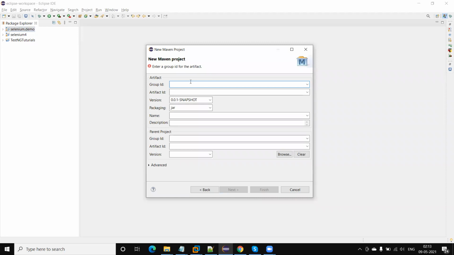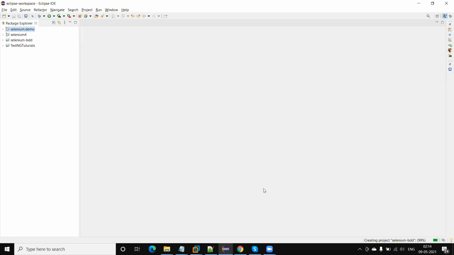Here we can give the group ID, which is the Maven group ID. Similarly, we can give the artifact ID, the name of the project. I'm going to put the same name. Then the description, and then we can click on the finish button.